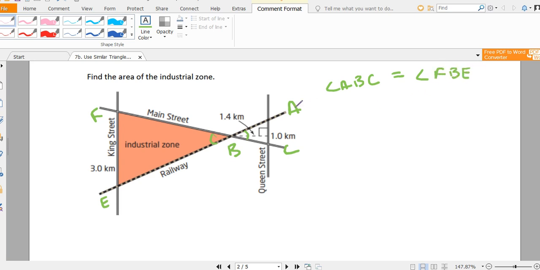Now, do we know any other angles that are the same? Let me just check. So those we can't. Oh, right. Okay. Now, this drawing is actually pretty poor. I forgot to include